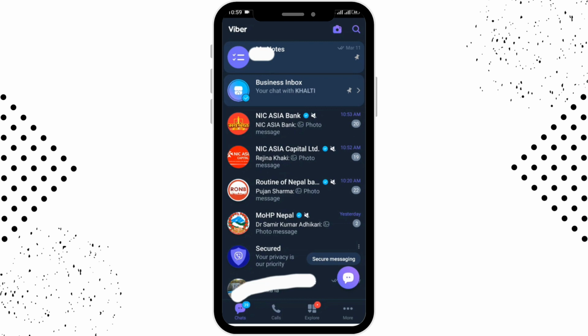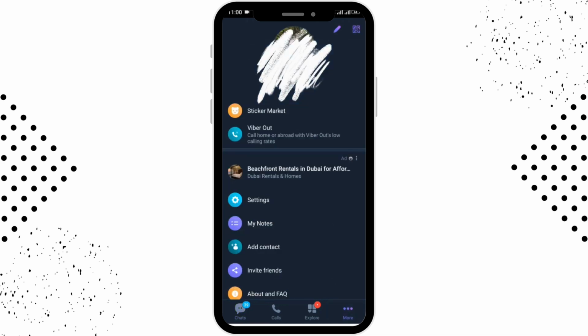So let's begin. First of all, you need to open up your Viber application on your device. After opening up, you need to log into your Viber account, and after logging in, you'll be able to see the home page of Viber. So in order to delete, you need to first tap on the more option with 3 dotted horizontal line in the right bottom corner, and after that you have to go for setting option,